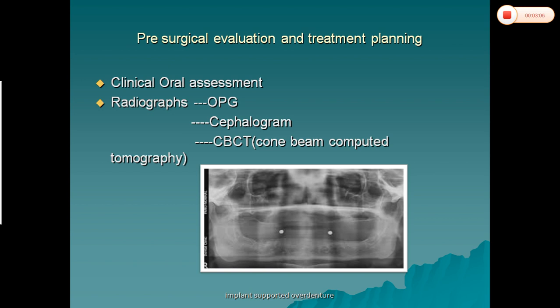In the last class we have seen the inclusion criteria and exclusion criteria. As patients come for overdenture treatment or denture treatment, they are elderly people. In old age, systemic or general health problems might be there. So first we have to evaluate and see whether the patient is fit for the surgery or not. Then we have to proceed for our treatment.